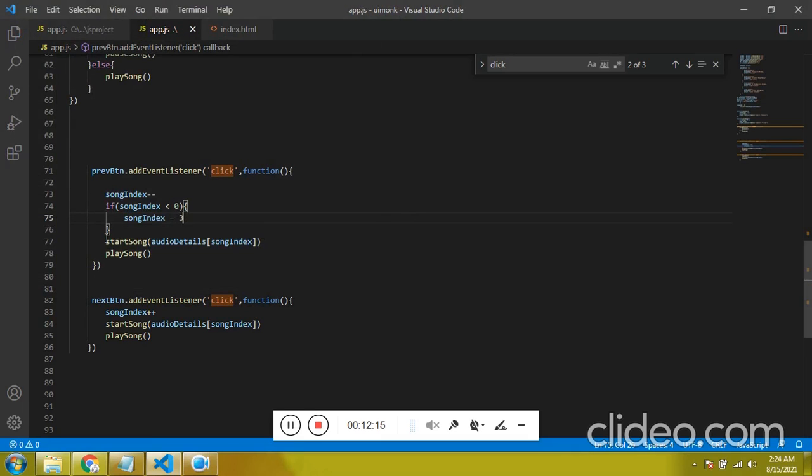The same way, if the song index is greater than 3, which is the last song, I want to make this 0.